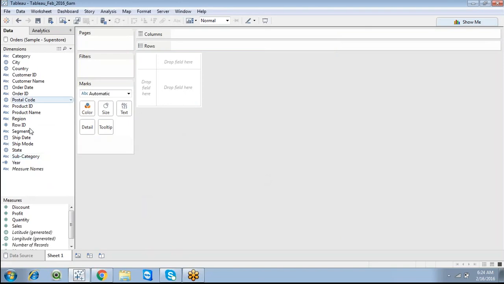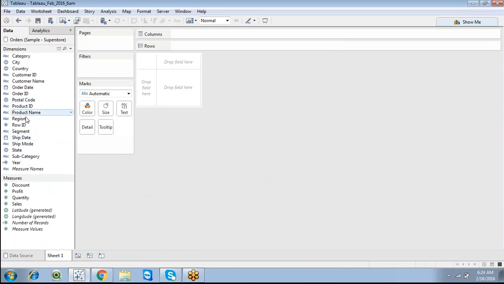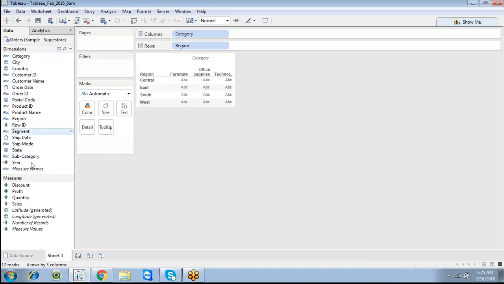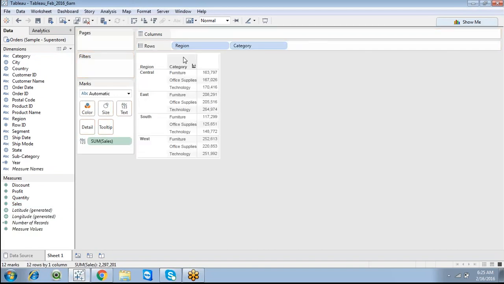Now create a simple report, like region wise, category wise sales, or just place central category here.